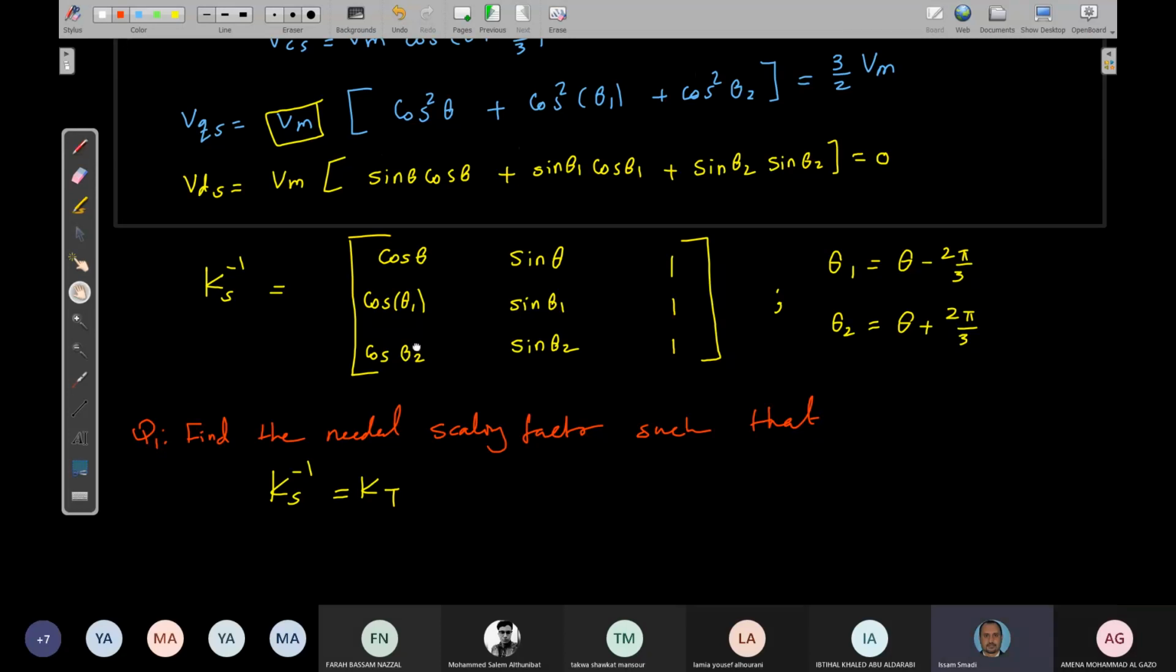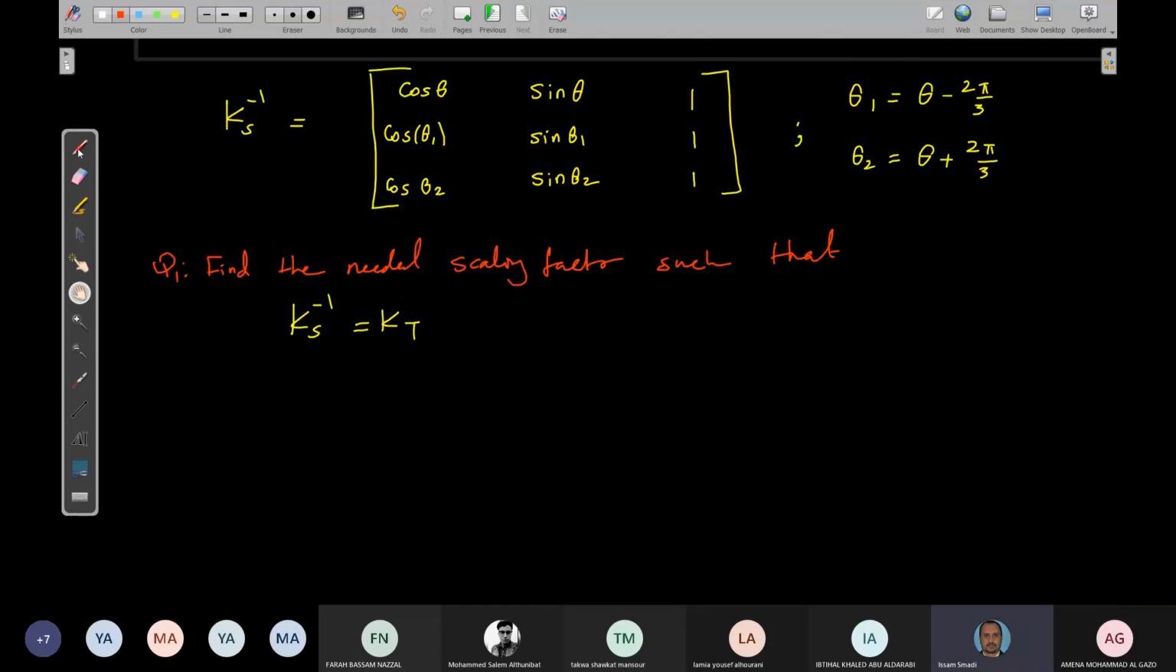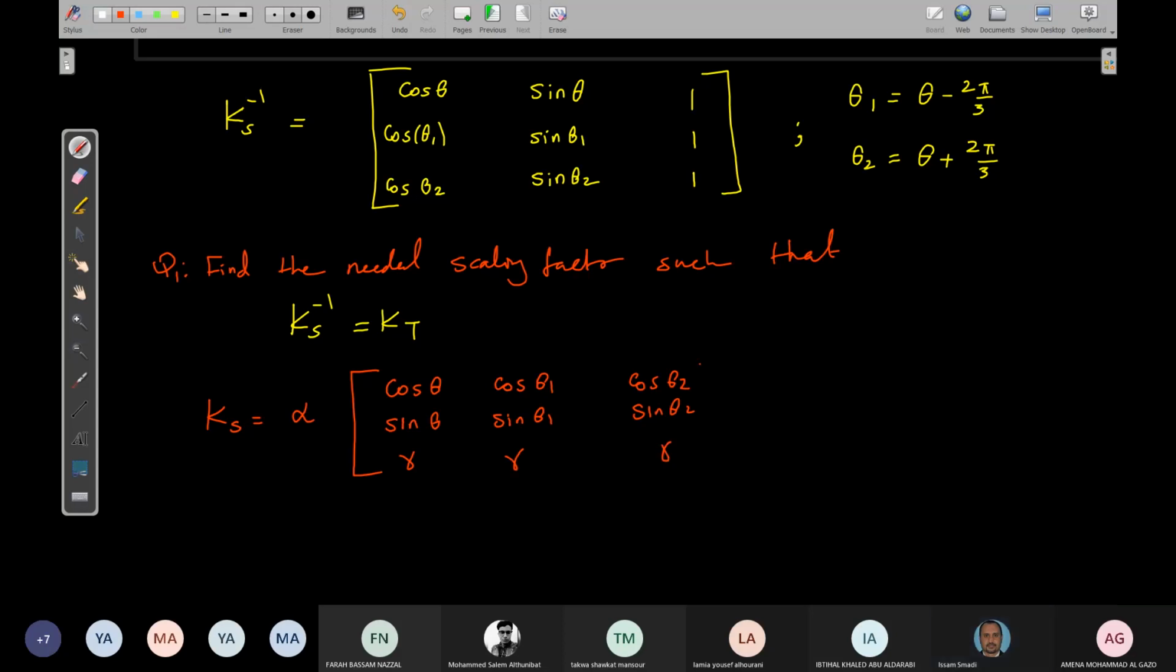How can I do that? Now we know that in general Ks is equal to a certain factor here, let's assume it is alpha, multiplied by cosine theta, cosine theta 1, cosine theta 2, sine theta, sine theta 1, sine theta 2, and in the end of the day I need here to scale the zero sequence,